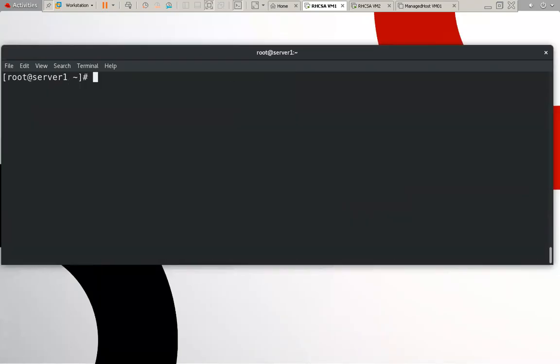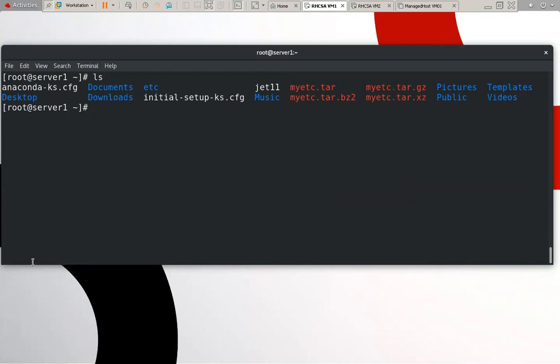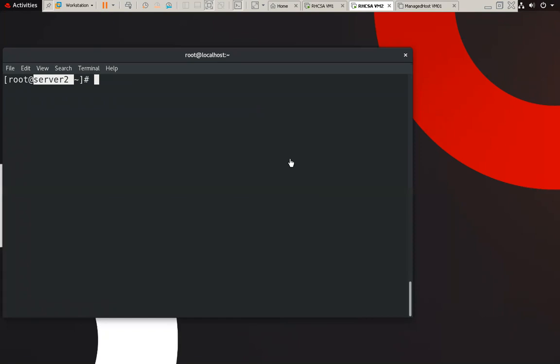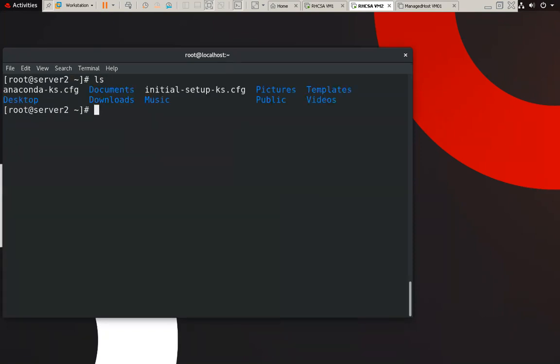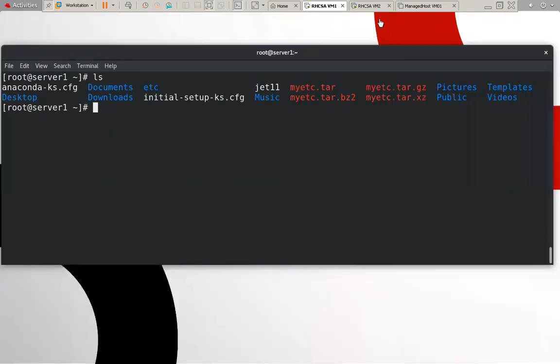So when we transfer any file, these are my files, and we want to transfer these files to this machine. Now you will check there is no archive file on this machine, and we want to transfer these archive files to this machine. So what I will do, we can use scp. scp is a command to transfer files from one machine to another machine, and this is my archive file. I want to transfer this archive file to another machine.